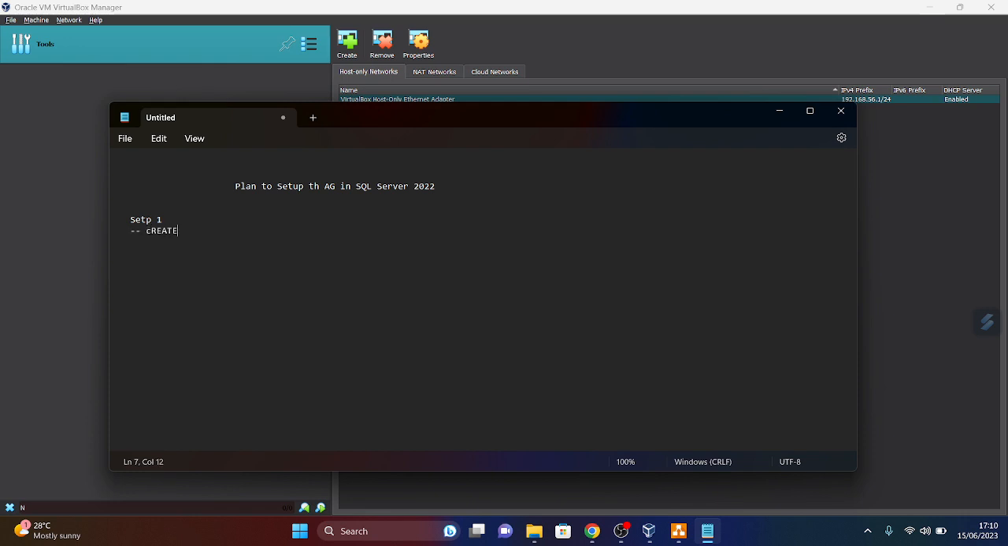Step one, create a VM. Create three VMs. So three VMs, right? And then maybe step two. This is for example, right? Okay, step two. On step two, we need to maybe